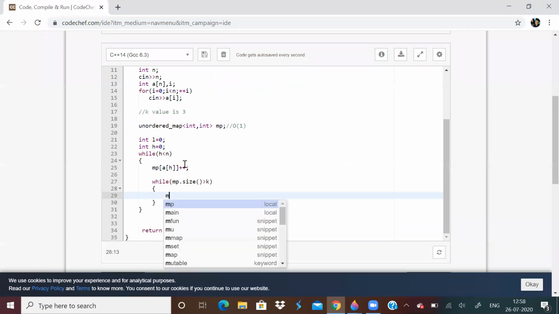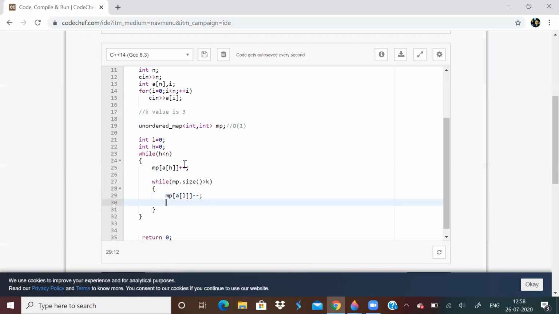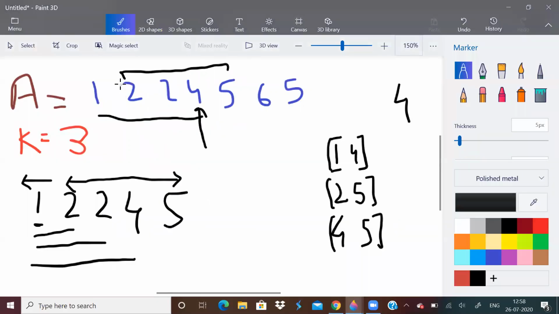Inside this loop, what to do? Inside this loop, we shall decrease this value. What is L? See, L was initially 0. As I told you, we've initially had this window, okay? Then when 5 came, our window became this. That means we removed 1.